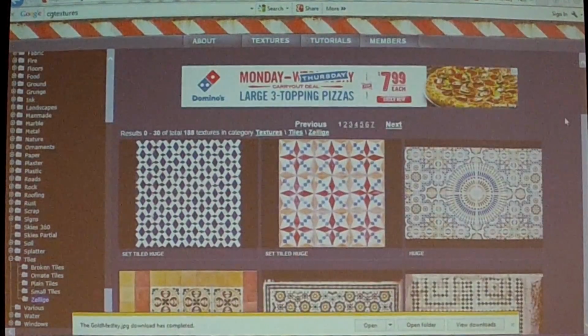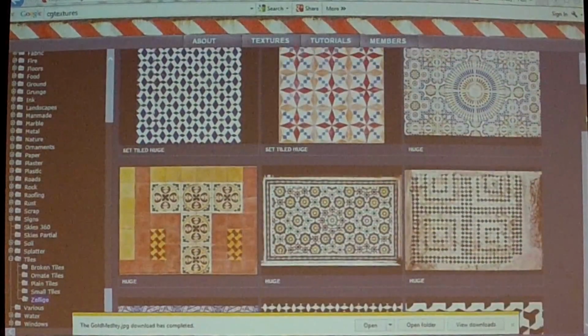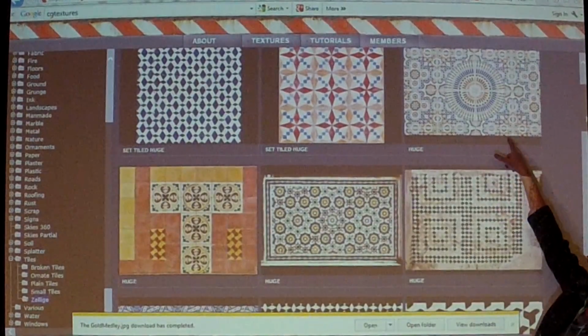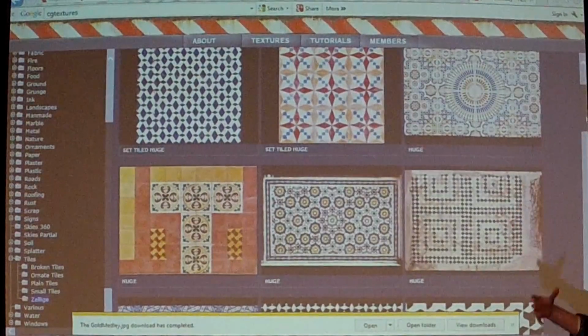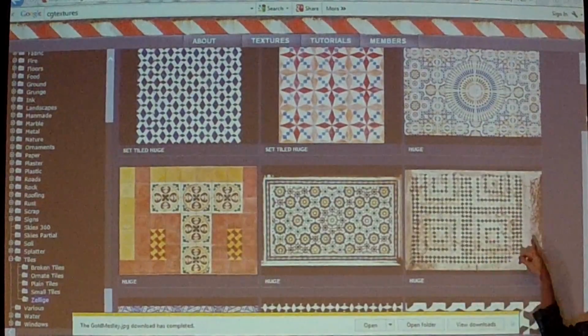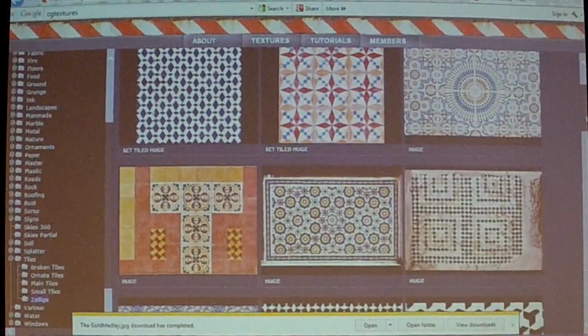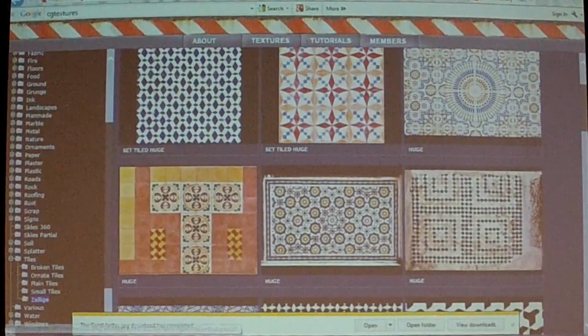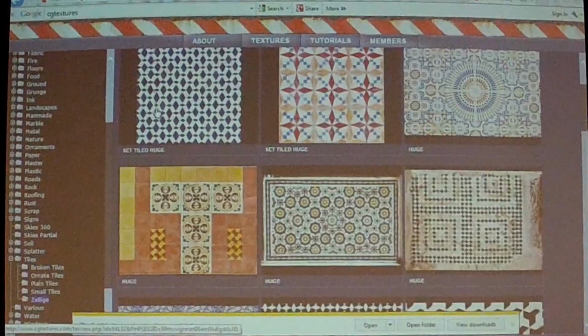So here, if you look at these images, some of them are set tiled. So that means if you bring them into your model, they'll tile over and over and over, just like a SketchUp material would. Some of them are just huge. So that should just cover your entire floor or cover whatever you're going to be using. So it's not going to tile, obviously, from one side to the other, but it should be big enough that you can use it as it is. So if I click on one of these,